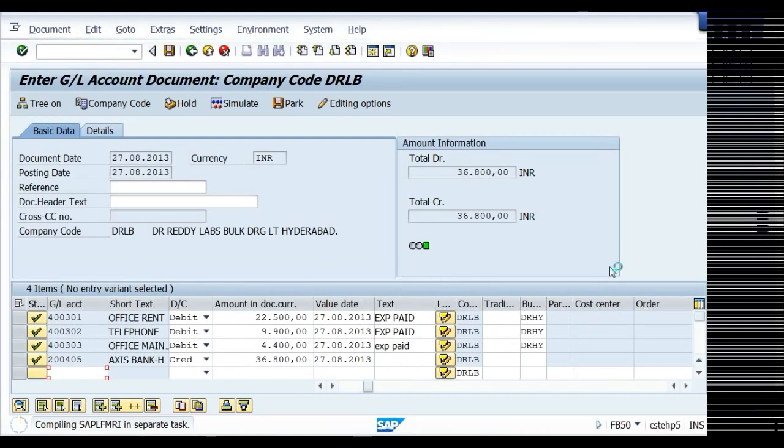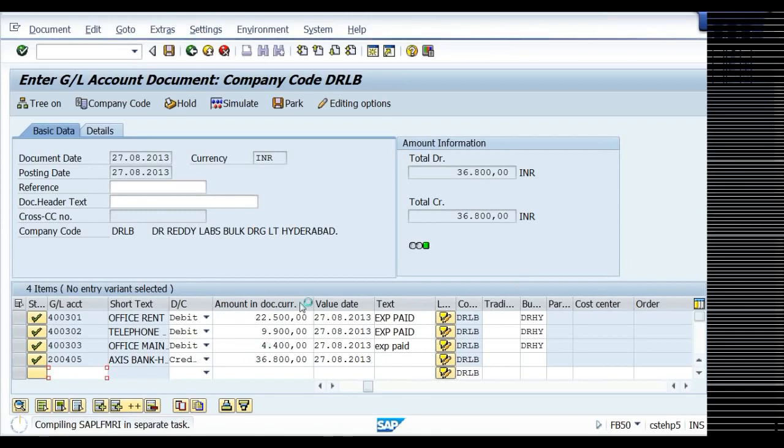If you give the star, the total amount will be taken there. We need not total again, the system will take it up.